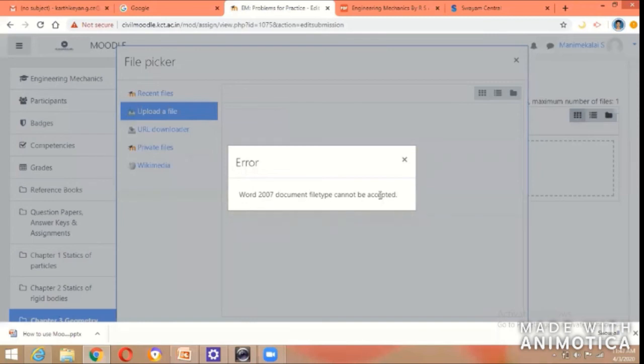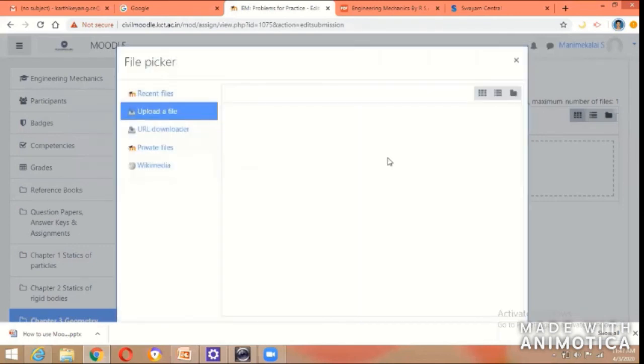This is fixed by the faculty member. Suppose the faculty member wants only PDF files, they do some settings in the settings page, and you are able to submit only the PDF file, not a Word file. So this particular assignment accepts only PDF files, and that's why it is not accepting.